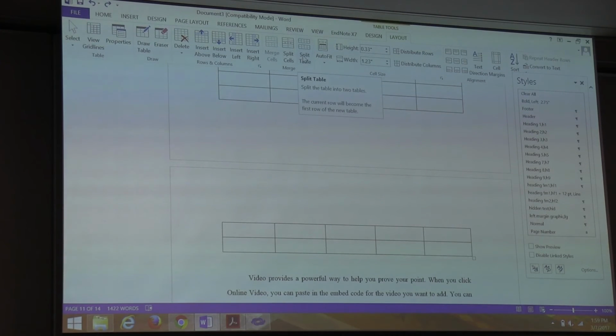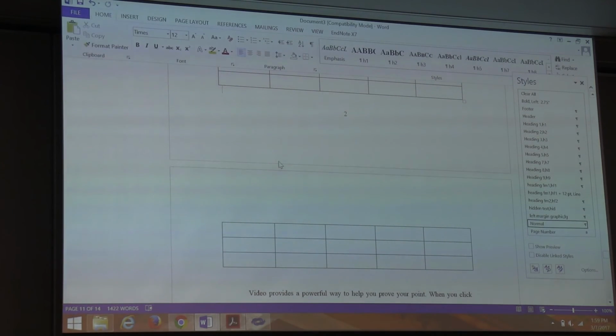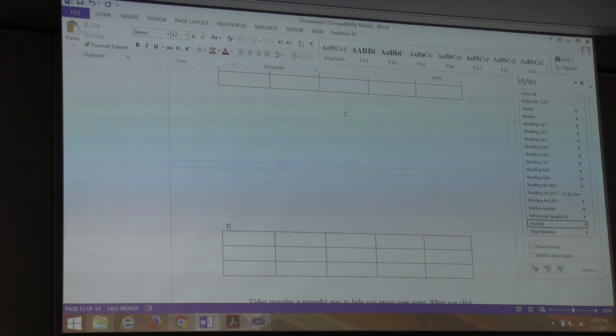That actually will break it into two parts at that row. So if you split it, now it's in two parts. You can come down there and say Table 1 continued. Or alternately, you could insert a text box, and those will let you drag them up into the header a little bit, and you could put it there. Either way is fine.